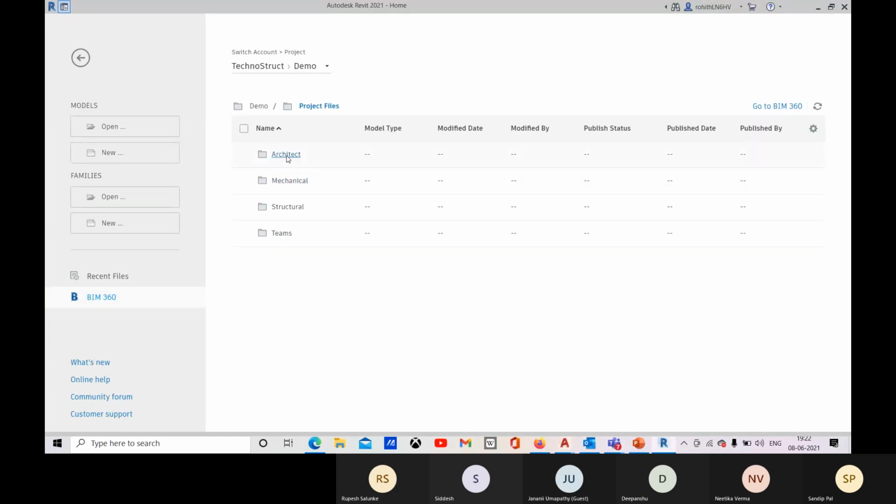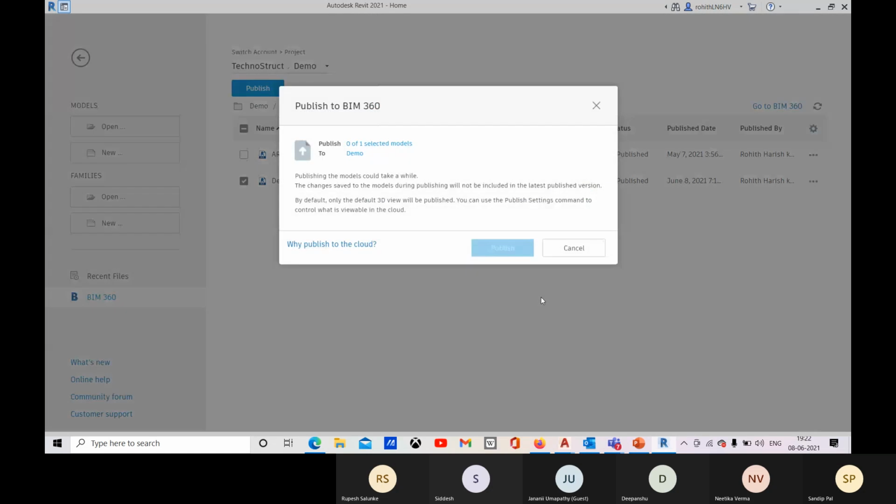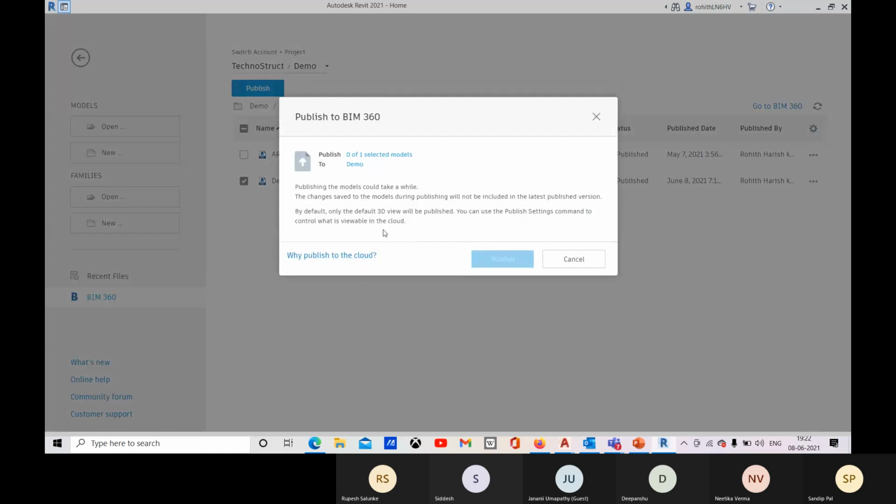Okay, so I have loaded here within this project. So here you can see that it is available, right? So select it here, and then we will publish it to the cloud. So it will take time.